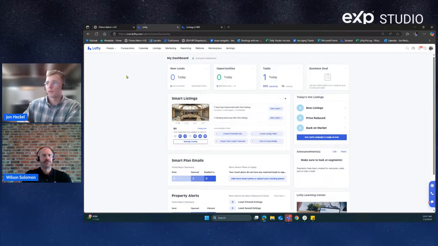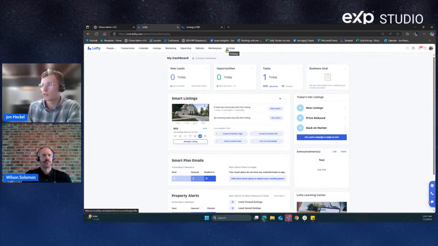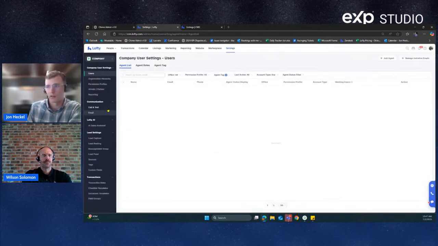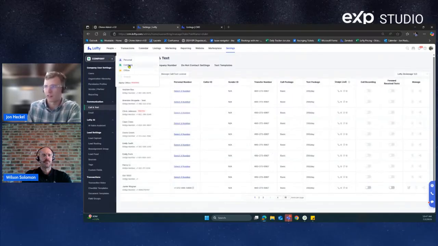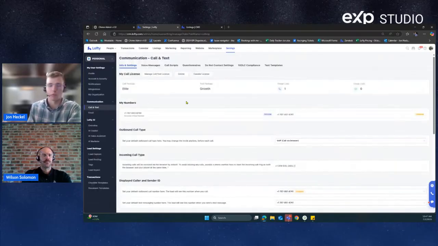Whenever we come in here to our settings, we come into call and text. Okay, this is basically like a sandbox account, so it's got a couple different upgrades within here. But within every Lofty account, you're going to have the basic call and text package and the ability to use what we call an office number. So there's already going to be a virtual number set up for you